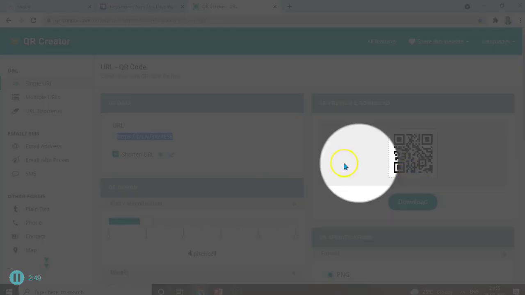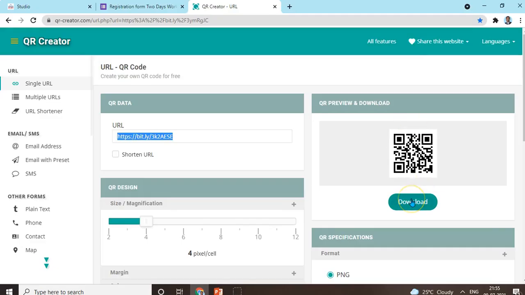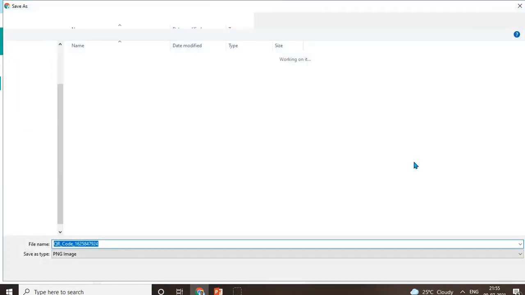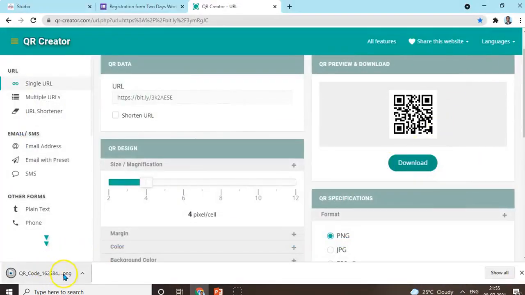Now we can see the QR code of the same link that we can download in a JPG image or PDF format, and you can paste it in your flyer whenever you want. Okay, you can paste it and you can certainly share it with your learners. So you can download this also. The option is there. Now you can download this QR code in your file. Now see, it is being downloaded, this image in PNG format.